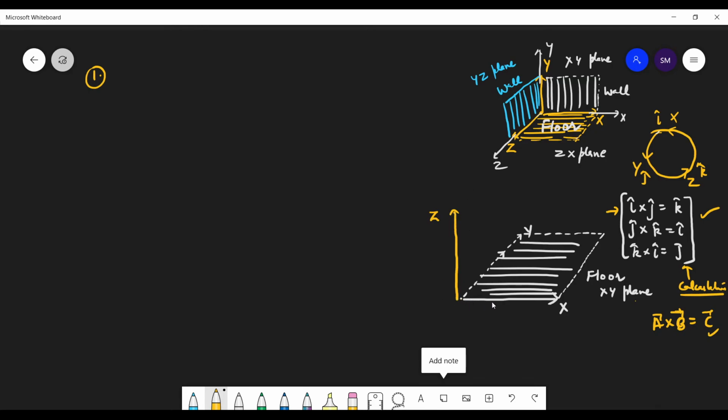Absolutely fine. Now this is x, this is y. So put your fingers on x, move them towards y, and your thumb will point in the z direction, which is now your height, right? So that's your height this time, z. Here also y was your height. So that's your height in both the cases. So don't worry about x's, okay? So x, y, z. This angle is 90, this angle is again 90, and this angle is 90. Okay. This angle is also 90, this angle is also 90, and this angle is also 90. So that's your floor, students. Now let us draw this wall.